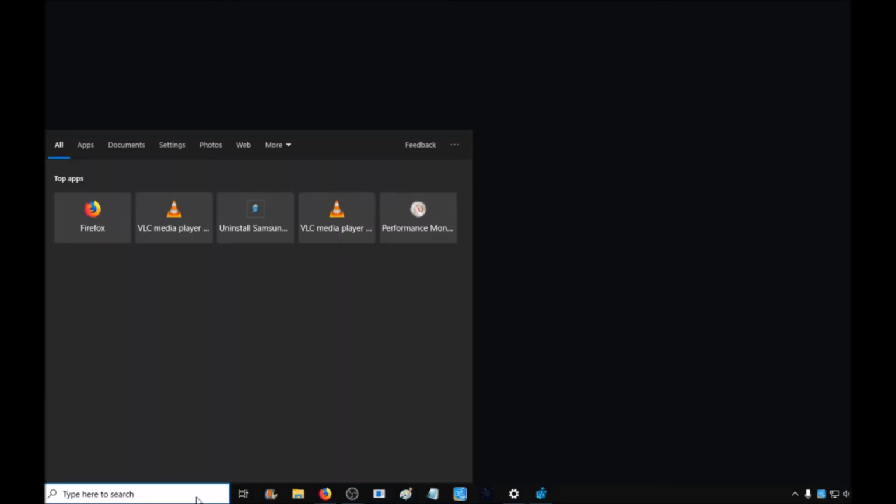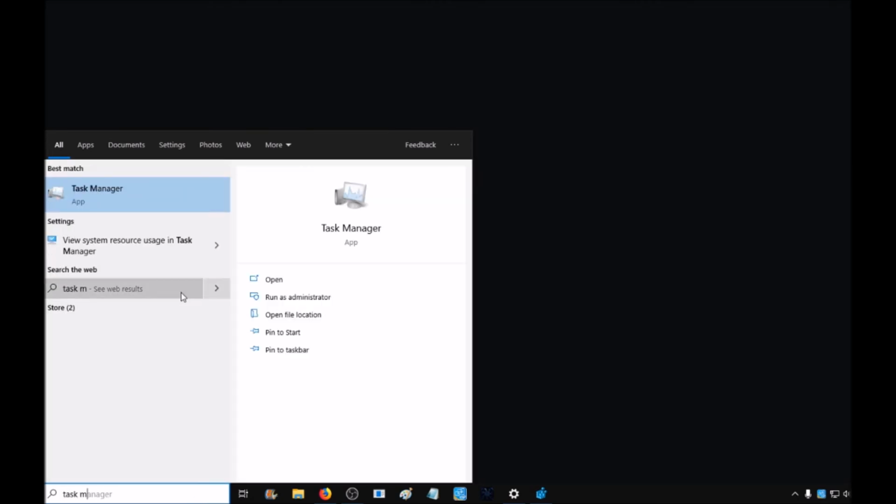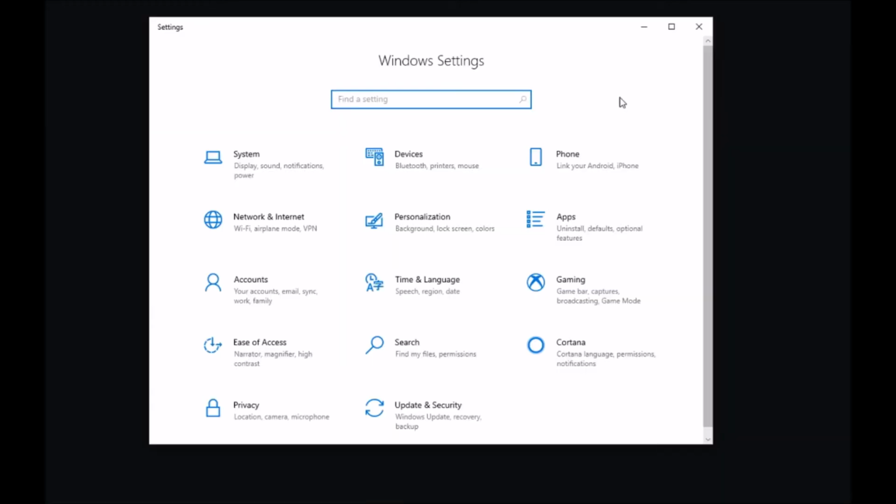So this should be working on Windows 10 Home users. Once you have your computer booted again, just check the task manager, just type in task manager, and see if the Windows antivirus is still working or not. Once you finish this, you just want to check it out.